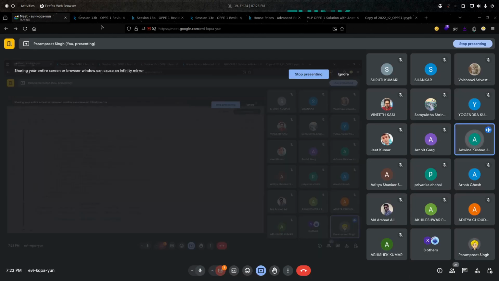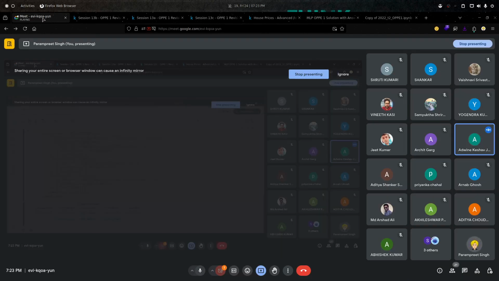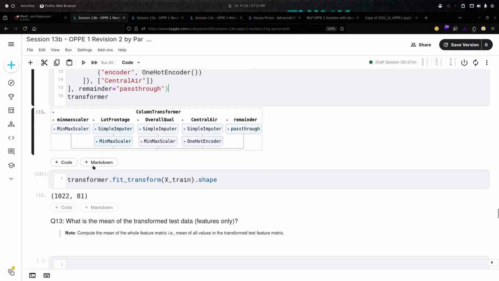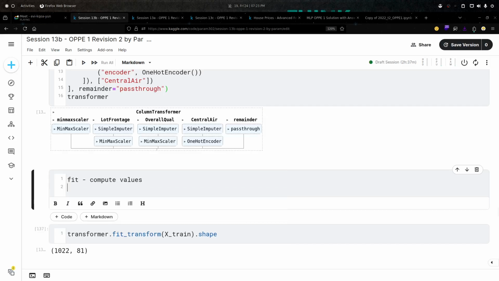I have one question here. Can you show us the difference between fit and fit_transform? Okay, I have explained it, I guess, 10 to 12 times in my session. Let me just write you a glimpse. So fit basically computes the values. Then transform will replace missing values with the computed values.